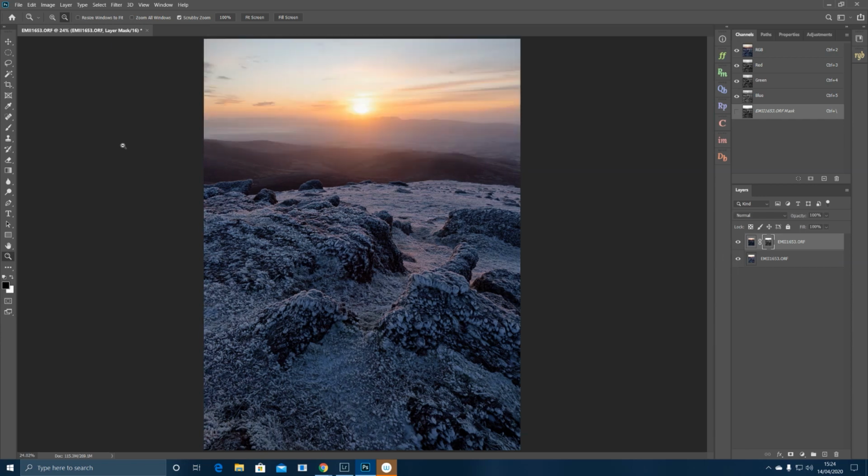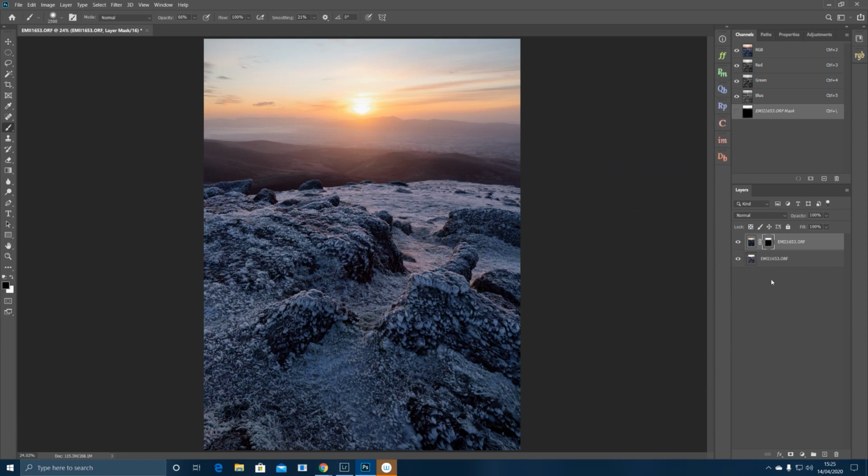So select B for your brush tool. Okay, make sure your brush is a bit bigger than that. Okay, go to your foreground color, which should be black, and just paint out that exposure there. And you can see we're bringing back those brighter areas that we lost in our foreground. We want to retain those highlights because those highlights are what's illuminating the different textures in the rocks. Okay, really nice and gently paint in the brighter exposure underneath,